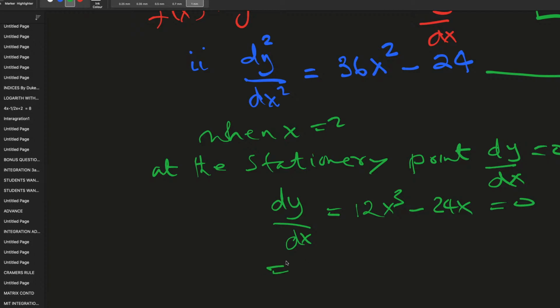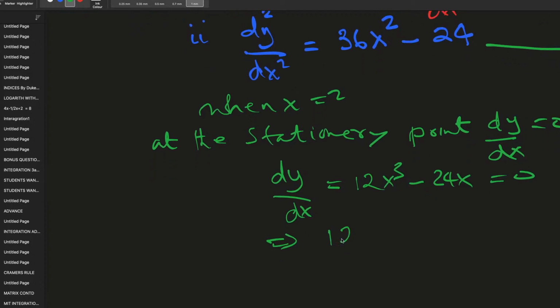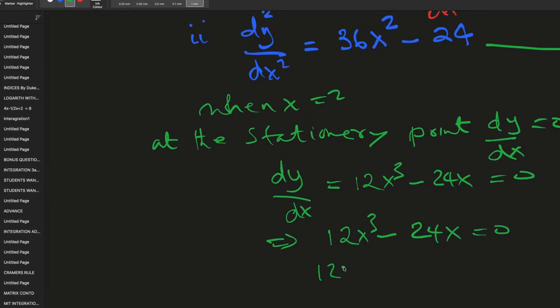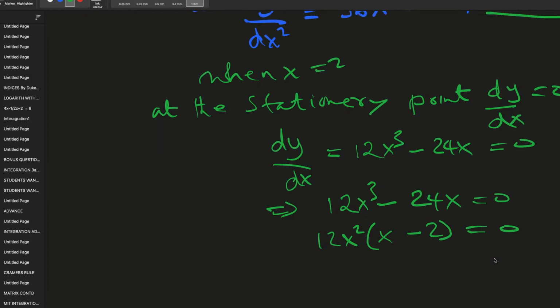So this implies that 12x squared (x minus 2) is equal to 0. So x is equal to 0 and x is equal to 2